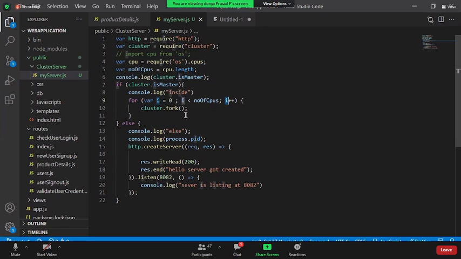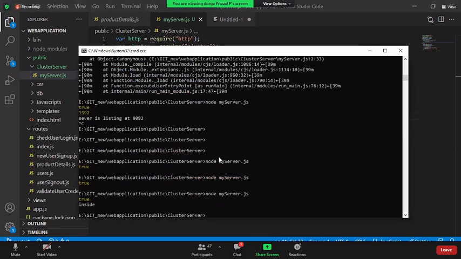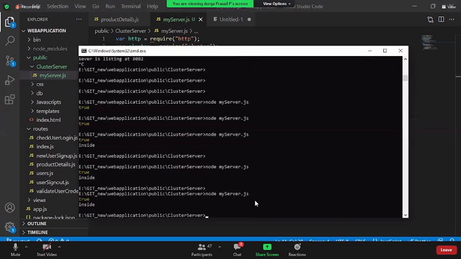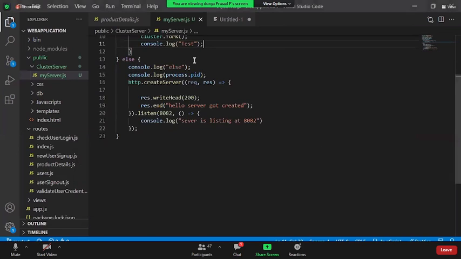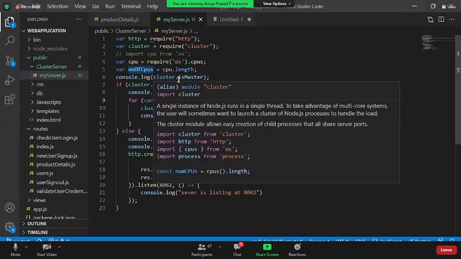What am I missing here? Why is my inside guy working only once? Why is it not going inside the for loop? I equal to 0, CPU dot length. Directly giving the number four.